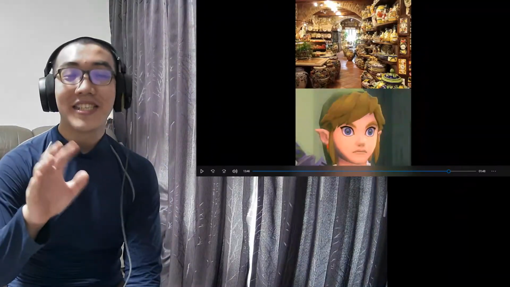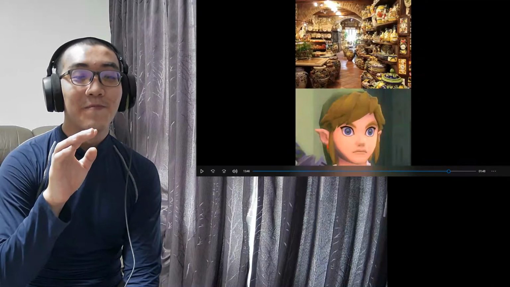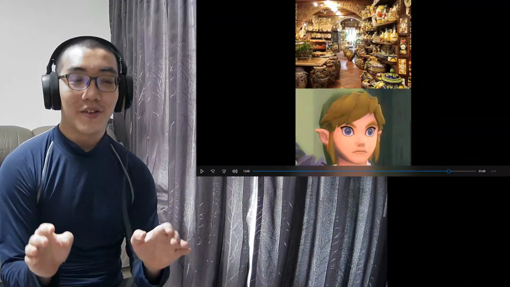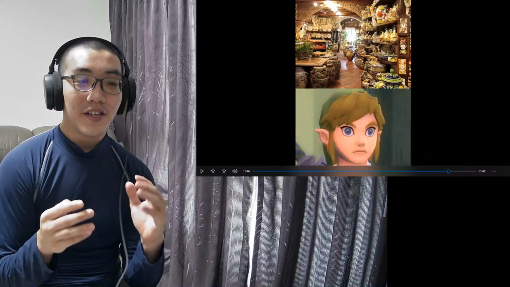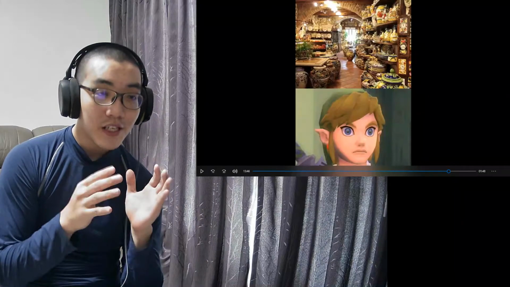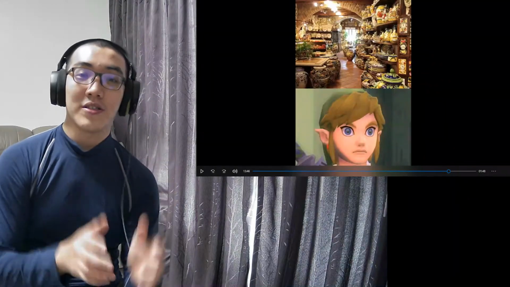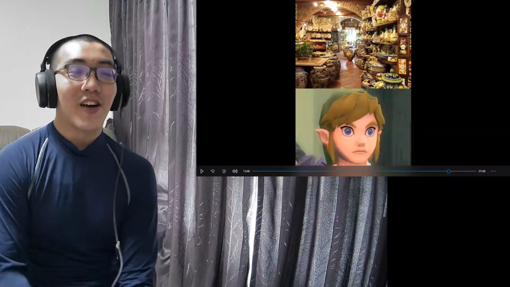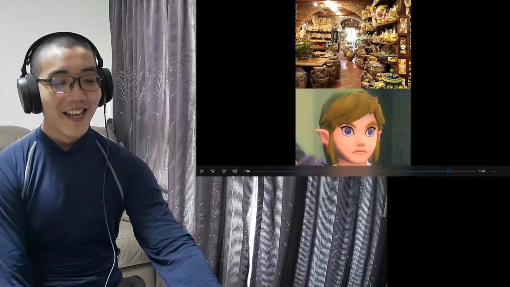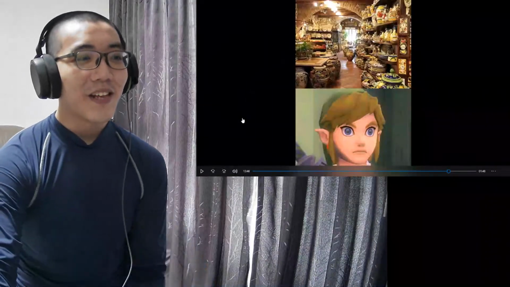I'm not sure if you understand this reference because Link always destroy the pots. Always destroy the pots. When we play the character Link, the treasures, the things that we want to find are mostly found in the pots, and we destroy the pots to find it. And the picture is like, oh my god, there's so much pot to destroy. And then the face will be like,